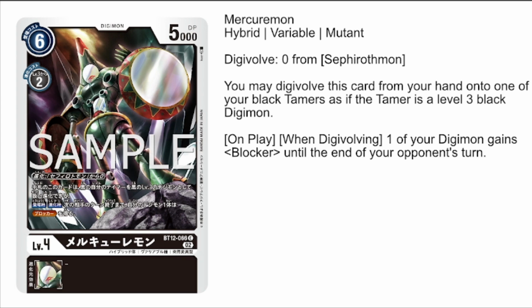And next up, we have Mercurymon. So Mercurymon is going to be more of your classic style of hybrid, except he has the upside of being able to digivolve for 0 on top of a Sephirothmon. So this is kind of how they're doing their human to beast form changes, is being able to digivolve on top of each other, which is a pretty solid new dynamic for hybrids to want to try to think about playing along with. And then on top of that, he has the nice ability where you could digivolve him on top of a Black Tamer as if it was a level 3 Digimon, so that way we could use him with our Tamers, because obviously he's a hybrid, and he has the on-play / when digivolving ability,